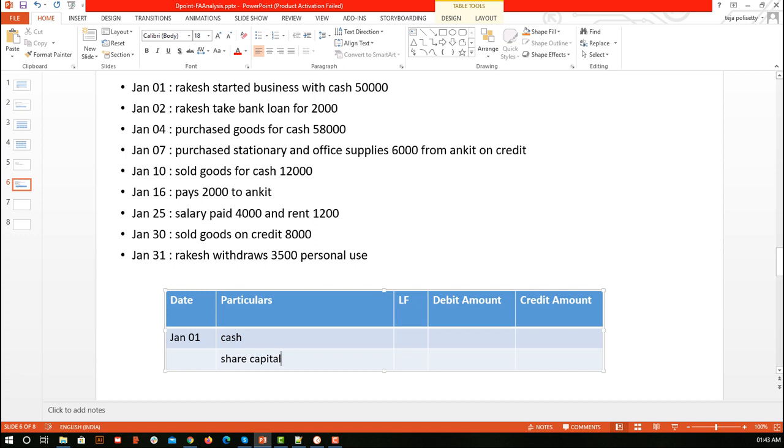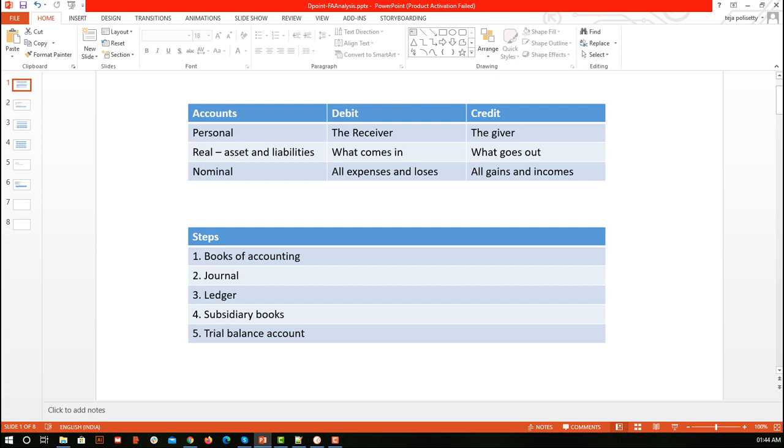Now we are not going to write the ledger folio number as of now, but we are going to simply write down the accounts and their corresponding amounts. Cash account, which category is it? It is an asset, and asset is nothing but a real account. Now what is happening with the cash? Their business is going to start, which means some money is going to come from the share capital to the cash account, because only when the money comes into the cash account does the business start. So with respect to the cash account, money is coming in.